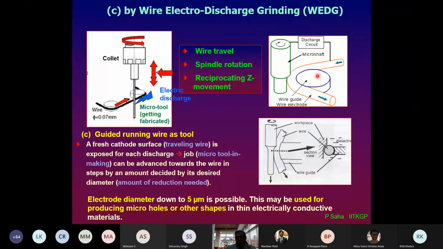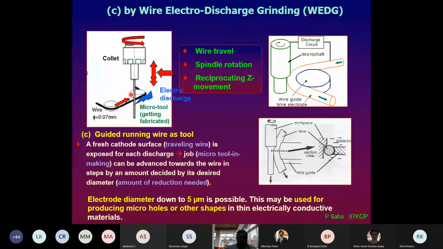So what we do is, there is a wire guide. So this is a wire guide, and this is a traveling wire. This may be a wire of say maybe around 200 micron diameter. It could be smaller, even 0.2 millimeter. Okay, and this is initially taken from a roll, so there should be a supply spool. From there, look at the left, through this spool, the wire is coming like this.